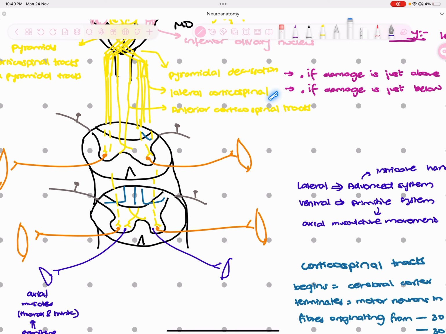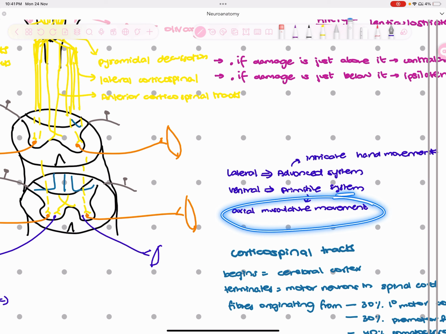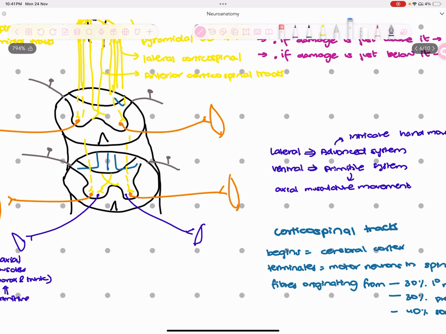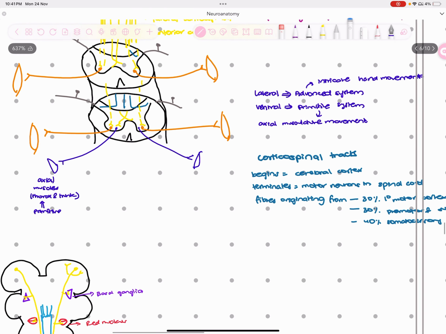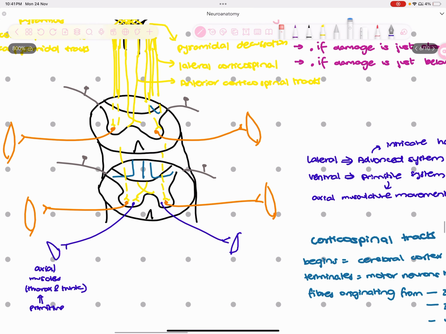The lateral corticospinal tract is an advanced system for intricate hand movement, and the anterior is for the primitive system. So that's for the axial musculature movement, because axial musculature was there in the olden days as well. Okay, so again, lateral and ventral. Ventral is for the